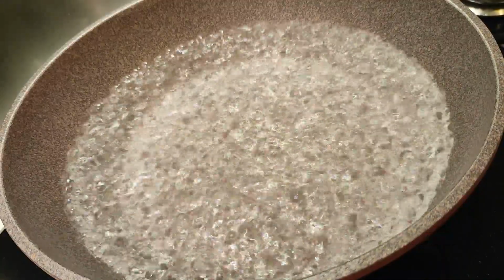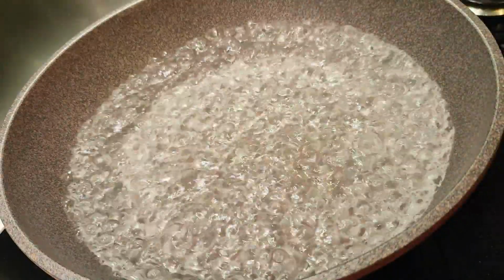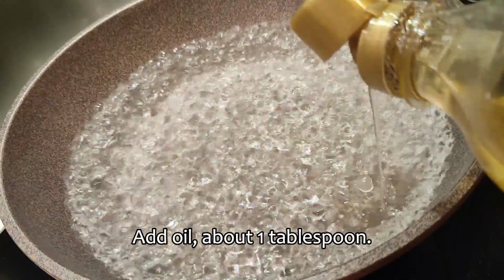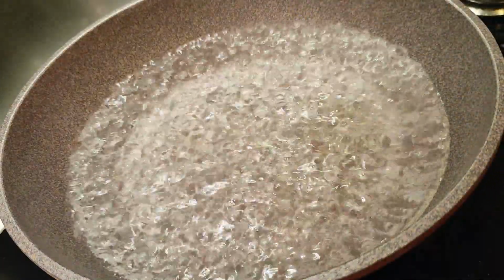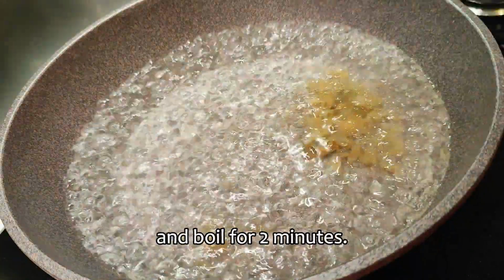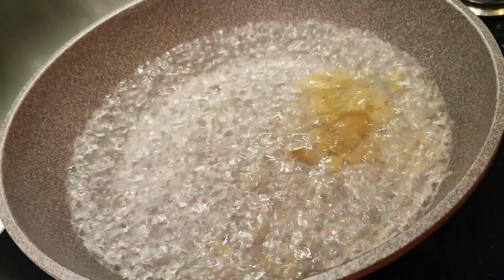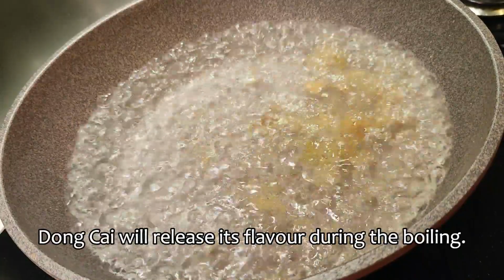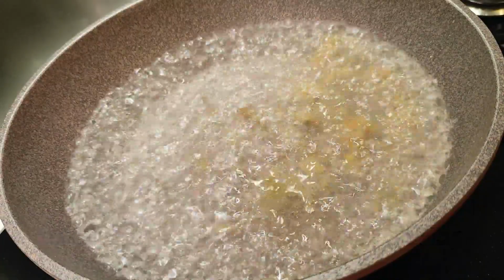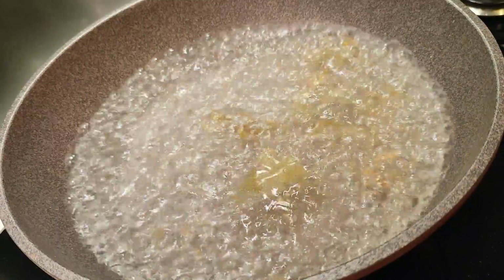水滾可以落鹽啦， add salt. 然後落油，大概1湯匙。 Add oil, about 1 tablespoon. Add 冬菜 and boil for 2 minutes. 落埋冬菜，滾佢2分鐘，就可以落埋啲蜆落去啦。 冬菜 will release its flavor during the boiling. 喺滾嘅過程當中，冬菜會釋放佢嘅味道，令到咧成個餸都惹味啲。